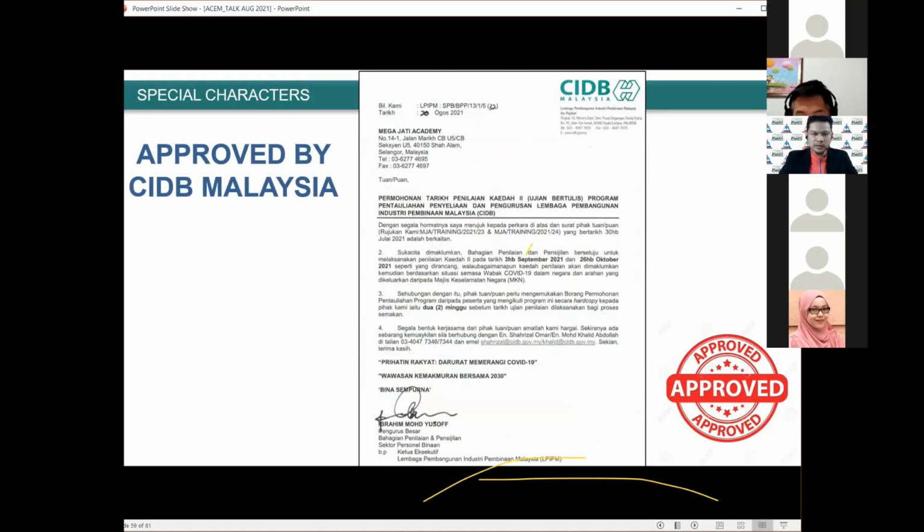Hopefully you can consider joining and becoming competent in our country as construction personnel competent in Malaysia. We had this approved by CIDB last week. Sorry, not the program, the assessment is approved. The program is on our own initiative, as a preparatory program for you to join the exam.